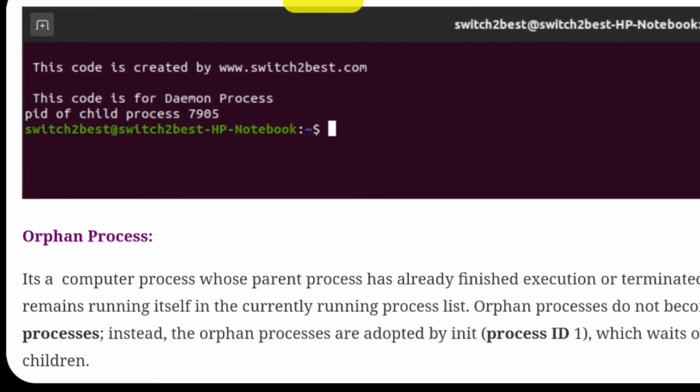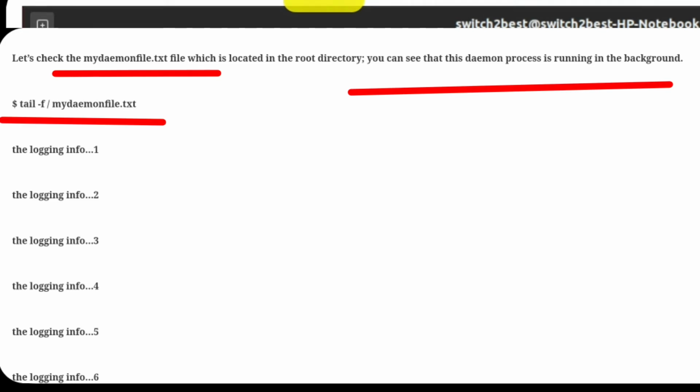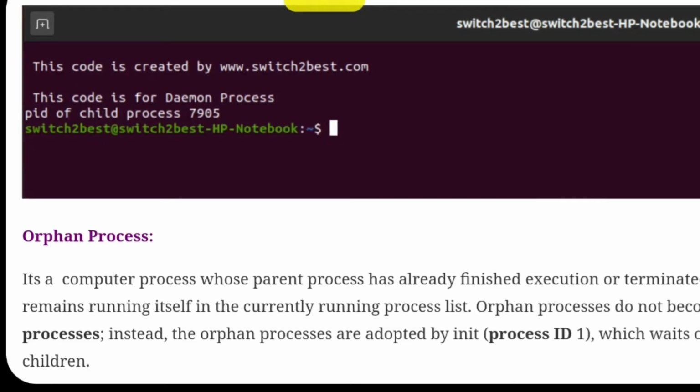Now let's take a quick look at what we have learned about the daemon process. A daemon is basically a program. It runs without any interruption from the user. It executes in the background. You can also use a command to see the daemon processes running in the background.